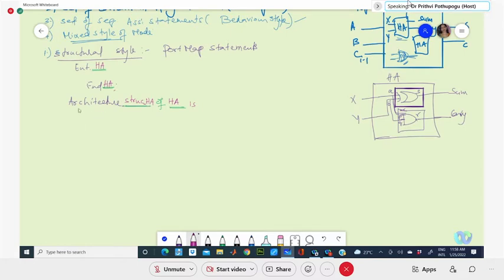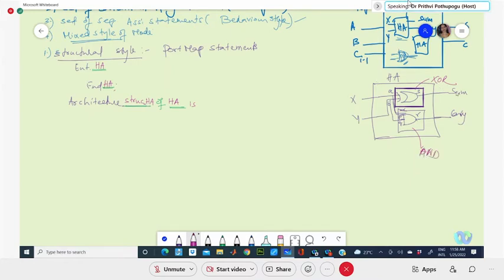Now, immediately after your architecture, before you begin the architecture, you have to declare the components that are used in this structure. For half adder, what structures will we be using? XOR structure and AND structure.